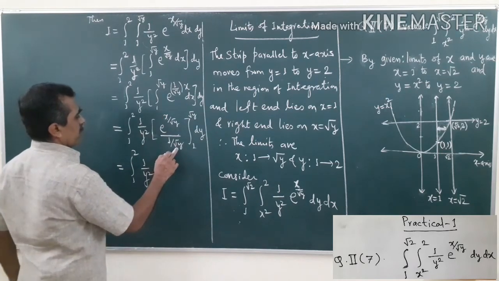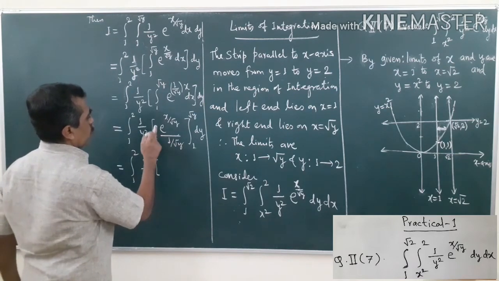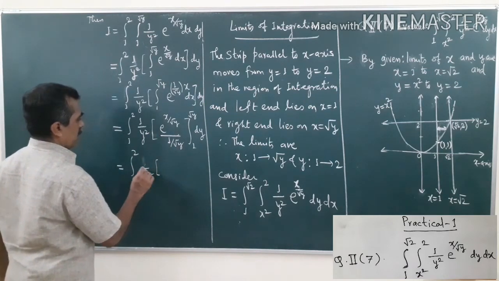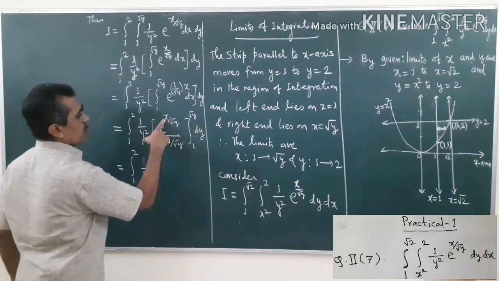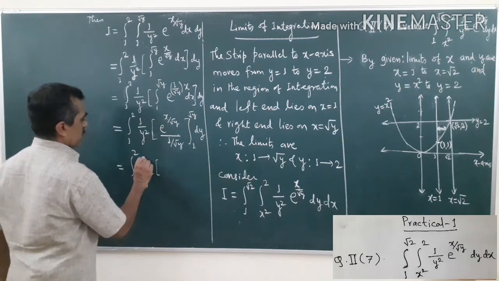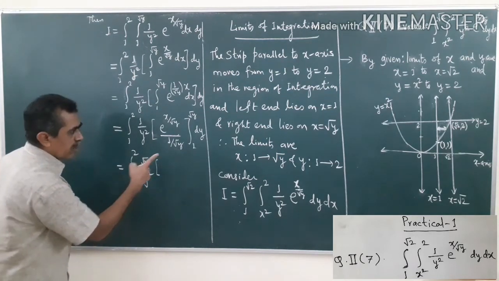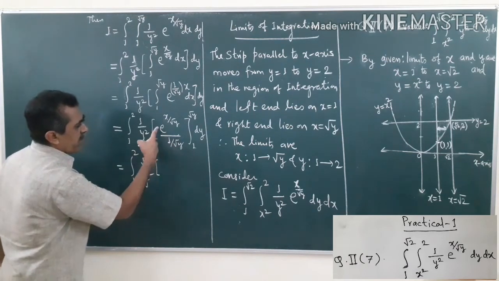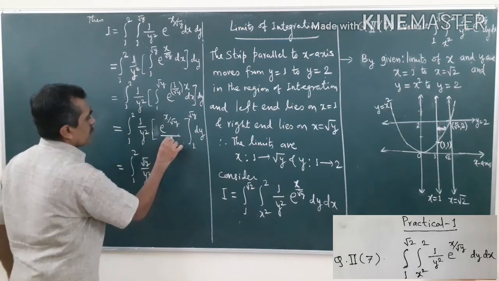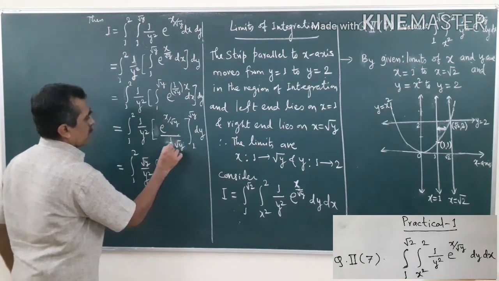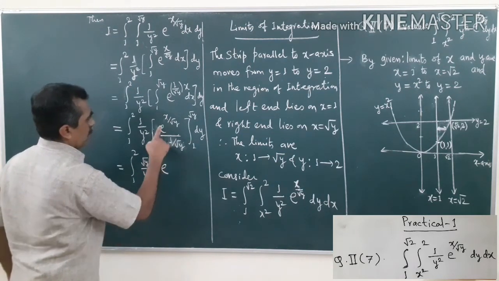So, this is root y upon root y. What I will do is take this 1 upon root y, which will be root y into this. I will take this root y here because you are going to put limits of x now. With respect to x, y is constant, so this is root y here. The denominator will go to the numerator. So, this is root y upon this, and now put root y in e.